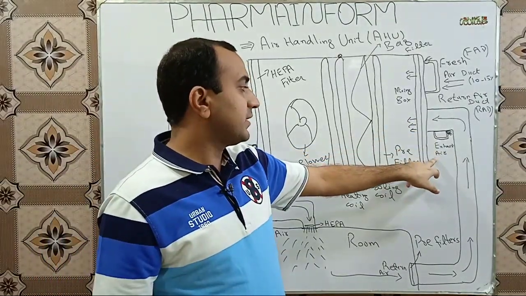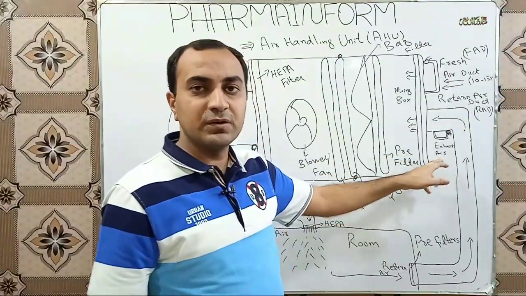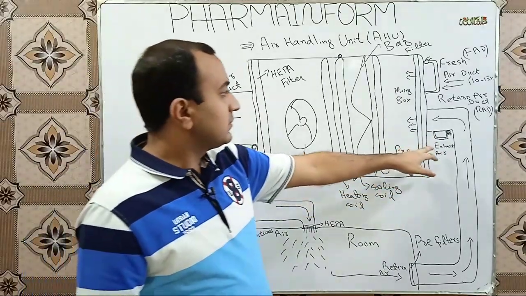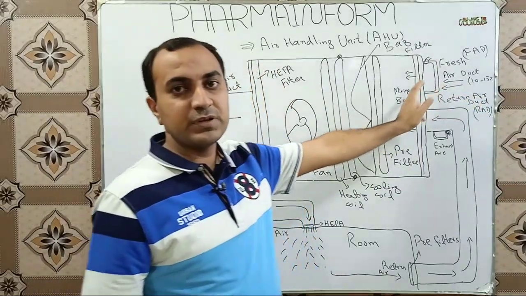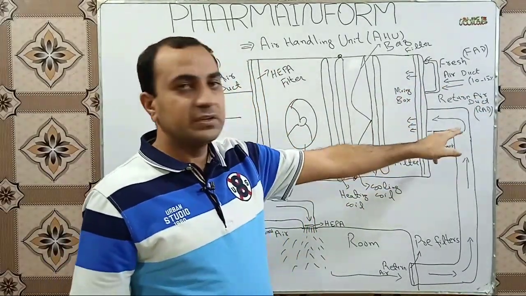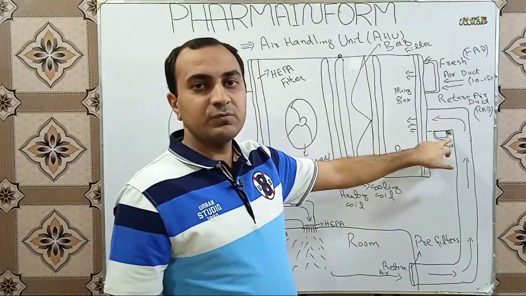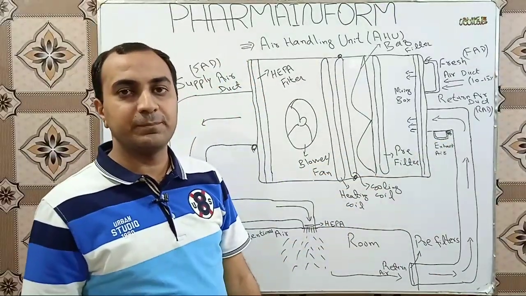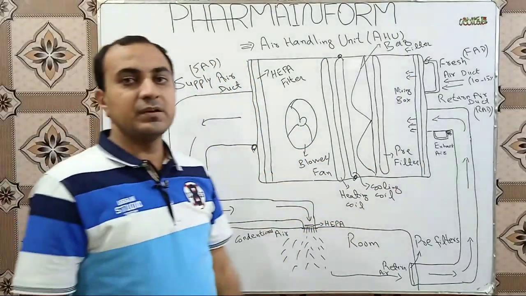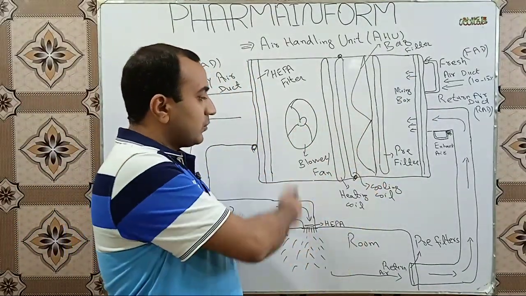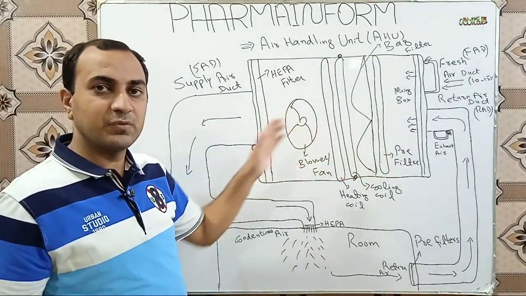Here we have an exhaust air duct. From the return air we can exhaust some portion of the return air out to take in fresh air. So if we want to take 10 to 15% of fresh air, we will exhaust 10 to 15% of the return air. For controlling the air volume, we have different types of dampers which are installed here and at these places. So now, for a basic overview, you have understood the working.